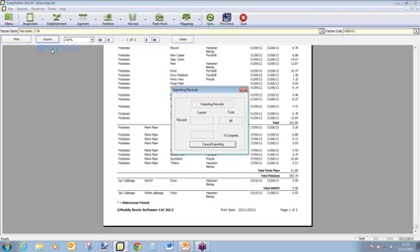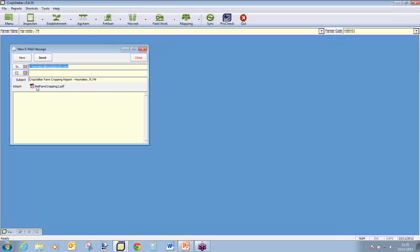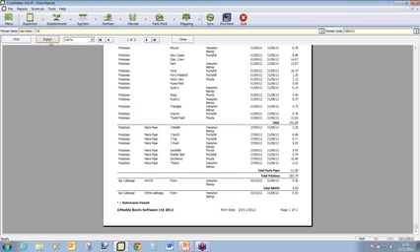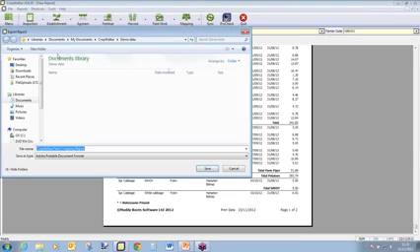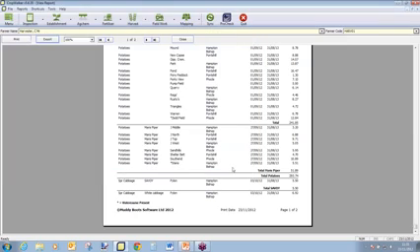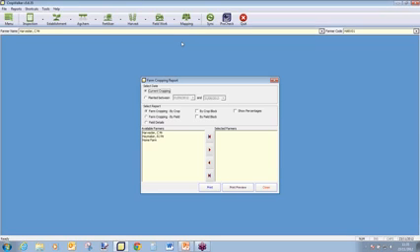So if I just show you that export to email, you'll see the attachment there, and the email is automatically created. The other option, to attach the file manually, you get this save box. You can then save it and attach it to your emails. So if I just close out of there and go back